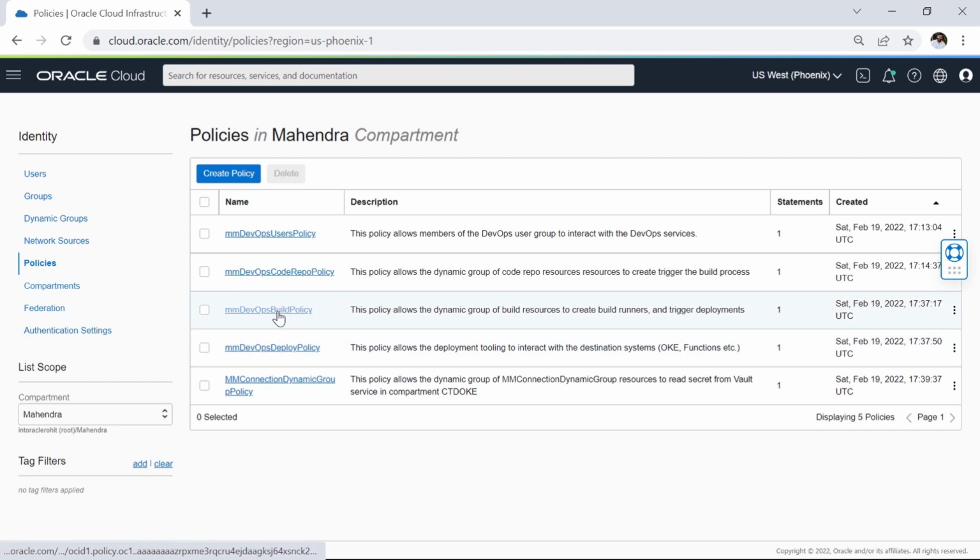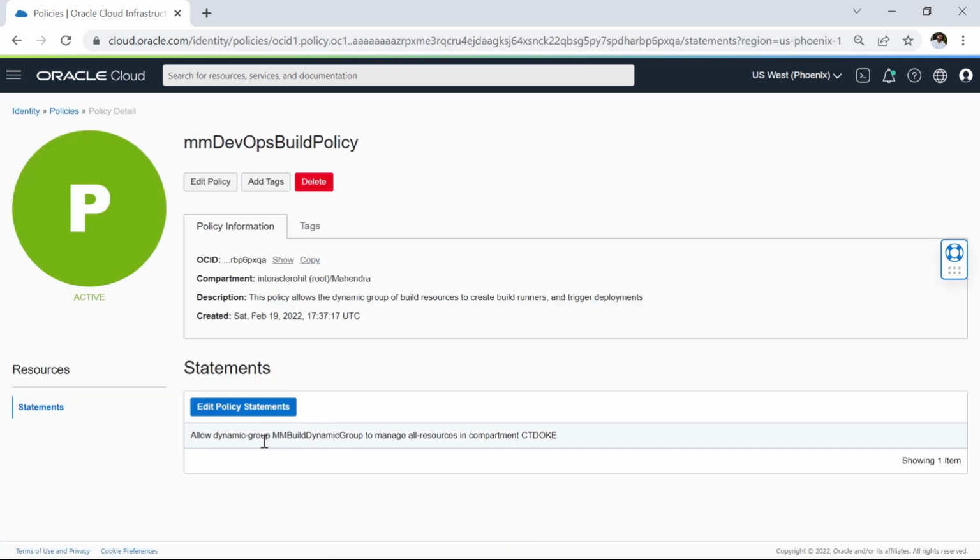Let me take you to the build dynamic group policy. The policy states that the build dynamic group is allowed to manage all the resources within the compartment CTDoc, and the resources that it will be managing are the build runners and triggering deployments. Taking you back to the other policies,